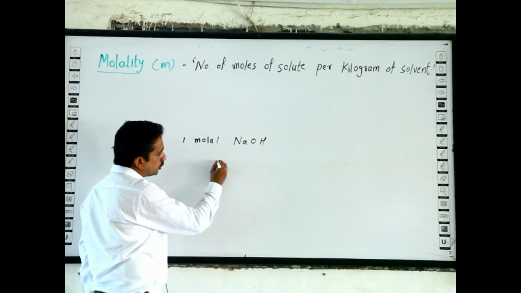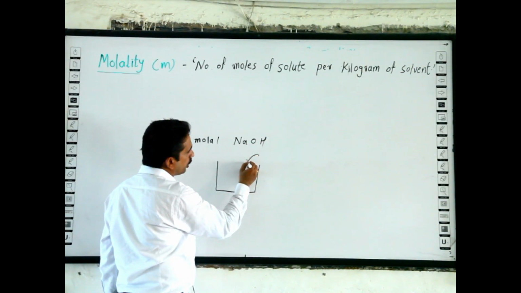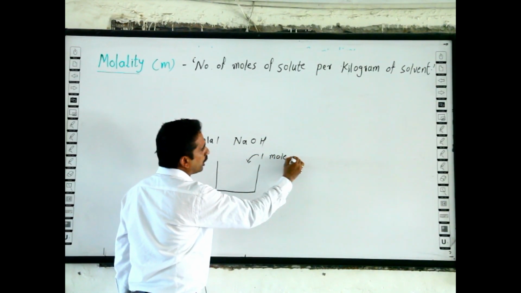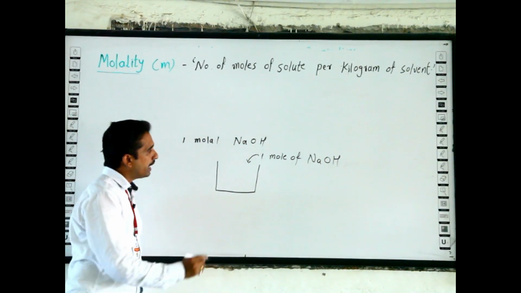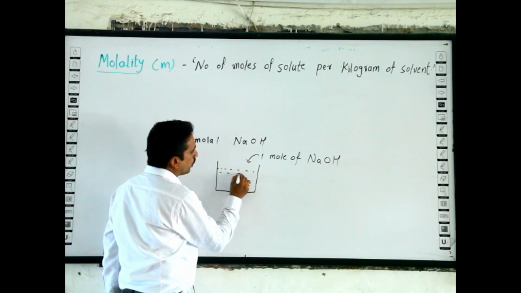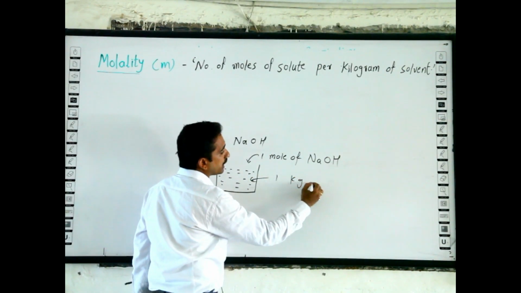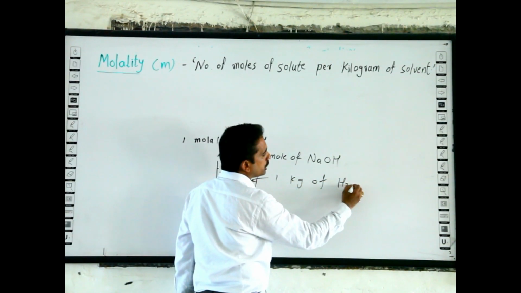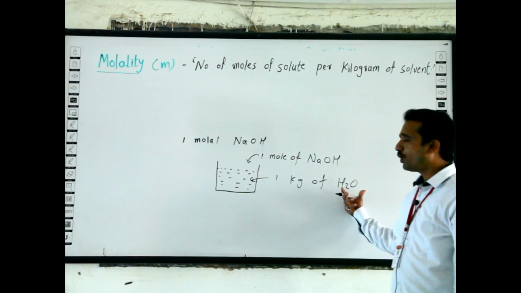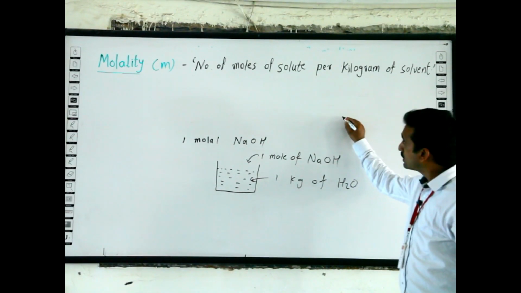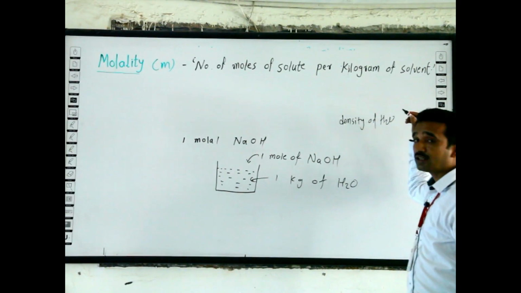For making the solution, there is a requirement of 1 mole of NaOH and 1 liter or 1 kg of H2O. Here we are saying liter or kg for H2O because the density of water at standard